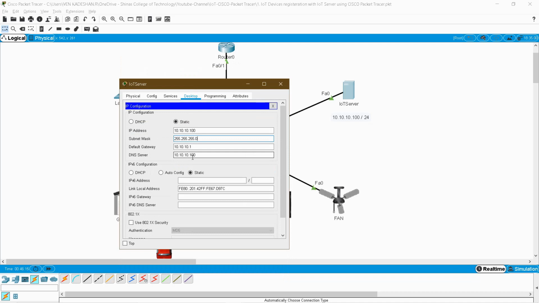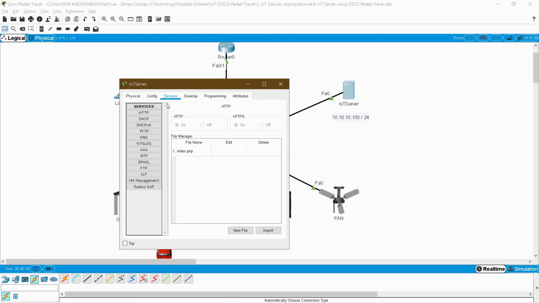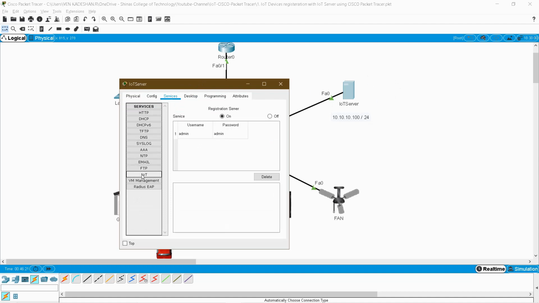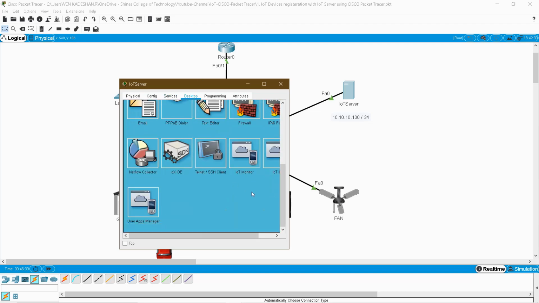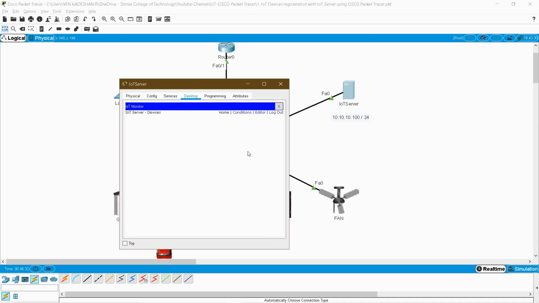Go to the services and IoT services, the service is on, and here I have created one account called admin. How to create this account, you can refer to the previous video, or you can also see it here. 10.10.10.100 is my server IP address. For example, with username Venkat and a password, click login.